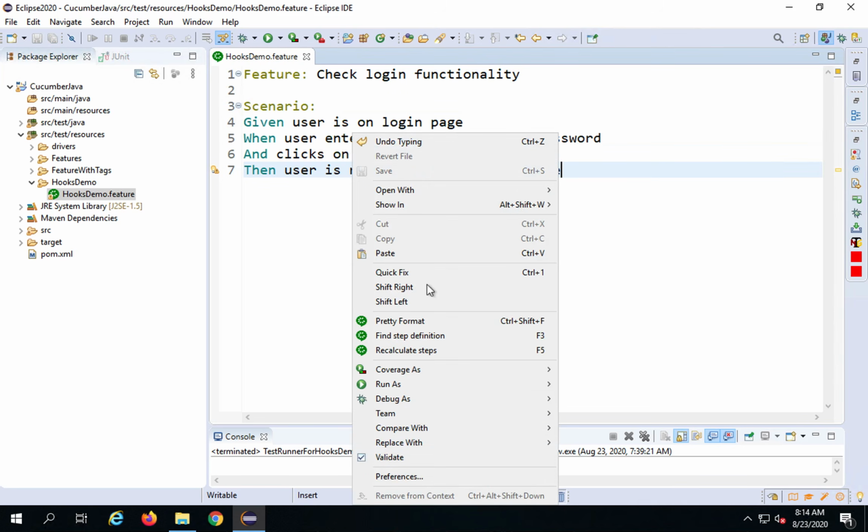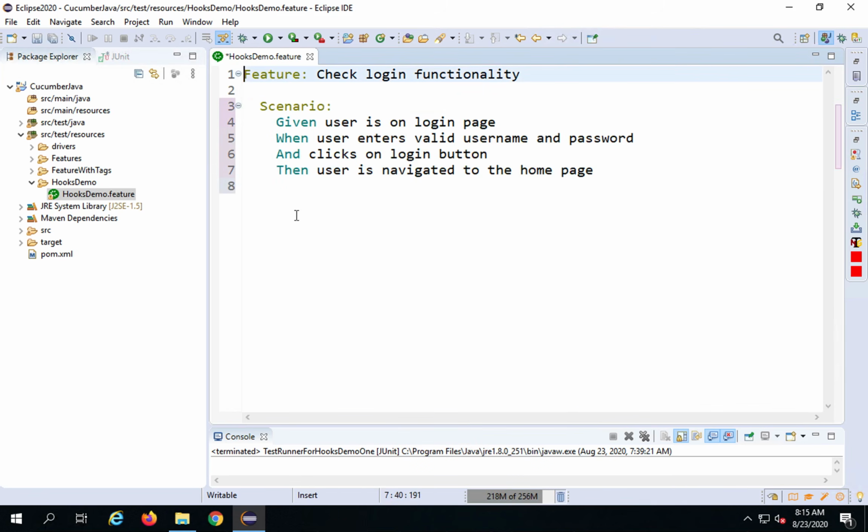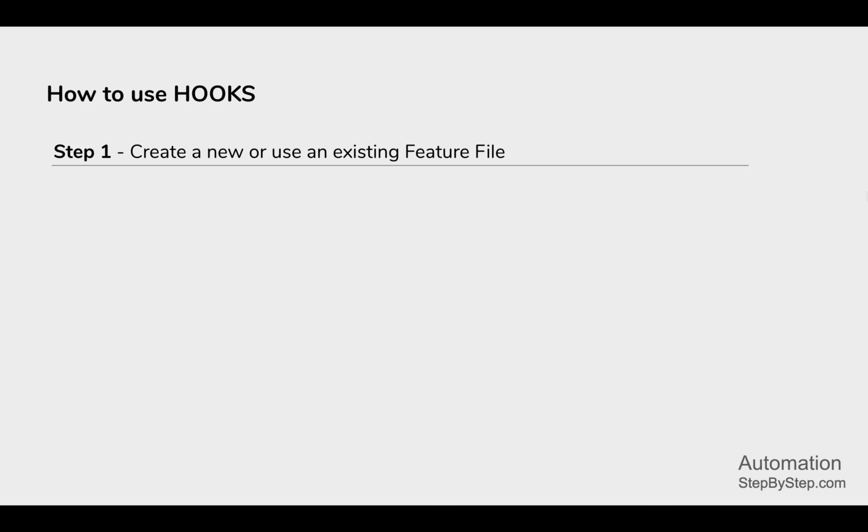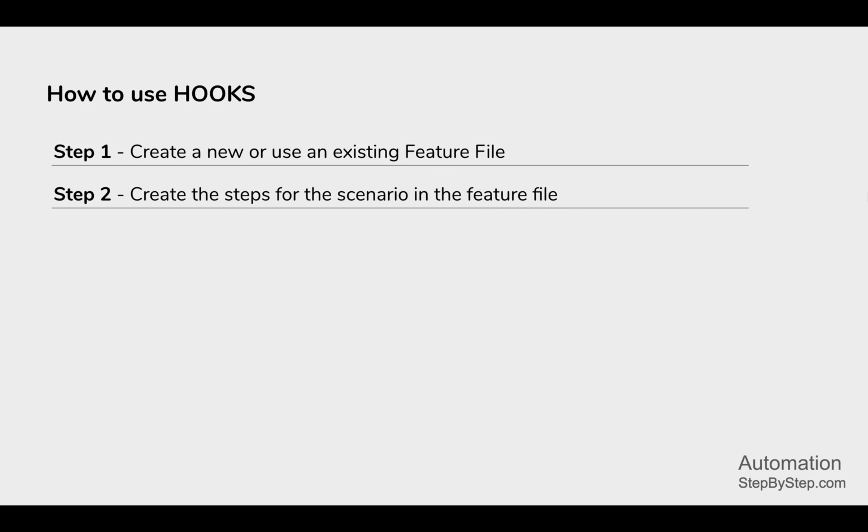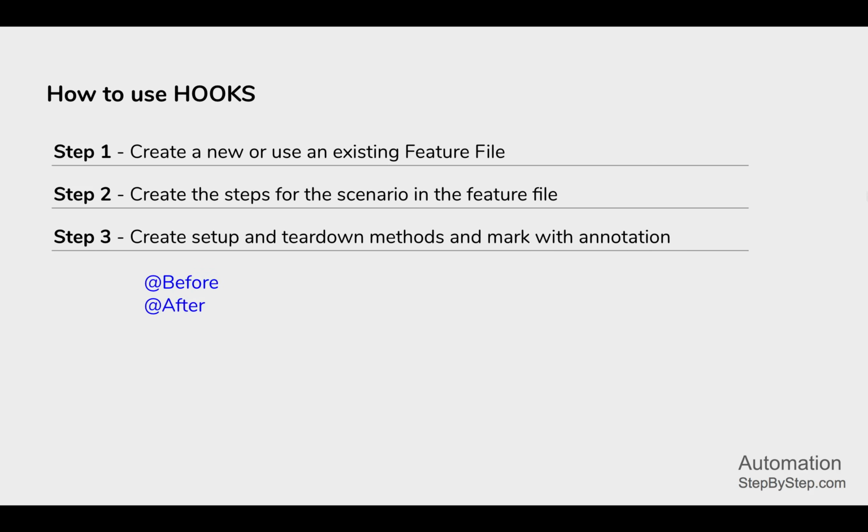I will do a right click and say pretty format to correct the formatting, and I will save my project. So I have created a feature file and have created a scenario in the feature file. So this completes step 1. Now step 2 is we have to create the steps for the scenario in the feature file, and then we also have to create the